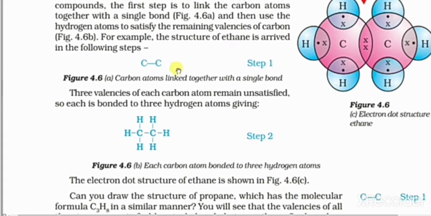Can you draw the structure of propane? Saturated hydrocarbons are classified on the basis of the carbon atoms. For example, methane contains one carbon and 4 hydrogen atoms. Ethane means 2 carbon atoms are attached, then it is known as ethane. Propane, can you draw the structure of propane? Here 3 carbon atoms are linked together, and propane means 3 carbon atoms. Butane means 4 carbon atoms.